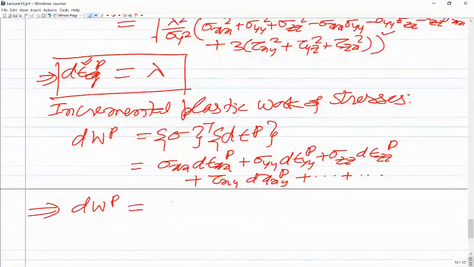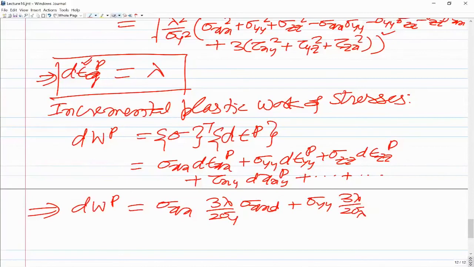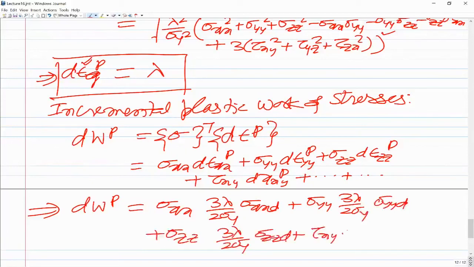So we would see that this is sigma xx into 3 lambda upon 2 sigma y into sigma xx d, plus sigma yy into 3 lambda upon 2 sigma y into sigma yyd, and so on. Like that you can write all the terms, plus sigma zz into 3 lambda upon 2 sigma y into sigma zzd, plus tau xy into 3 lambda upon sigma y into tau xyd, which is tau xy,